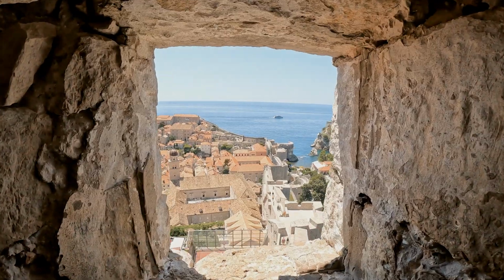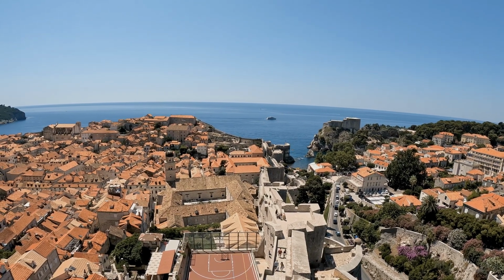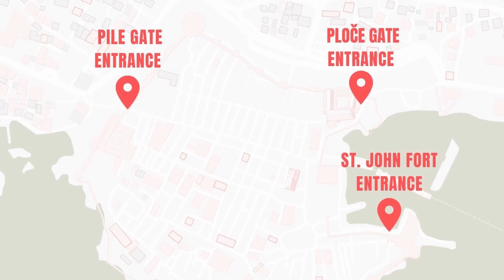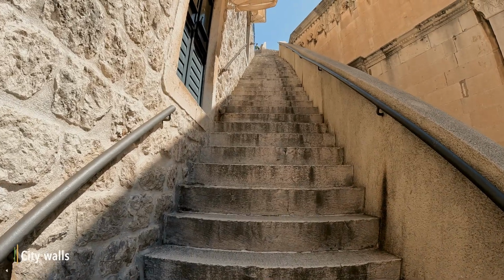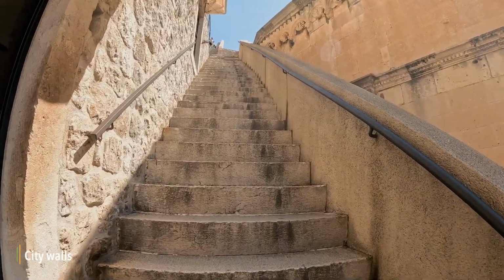Next up, a panoramic view from the city walls. There are 3 entrances to the walls, the first one at the Pile Gate, just left of the Church of the Holy Saviour. The other 2 are located at the Ploča Gate and at the St. John's Fortress, which is also home to the Maritime Museum. As for the ticket prices, you can expect to pay around €30, but don't be surprised if they increase over